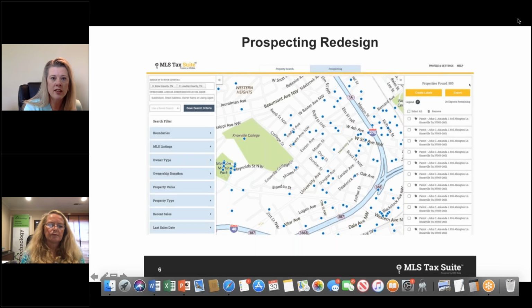Okay, this is the design that they'll be seeing at the end of June. And this is super simple. On the left-hand side of the screen, you can pick your county, and then you have all of the filters on the left, and it will automatically populate the list on the right as you are refining your search. And you see the blue dots; those indicate